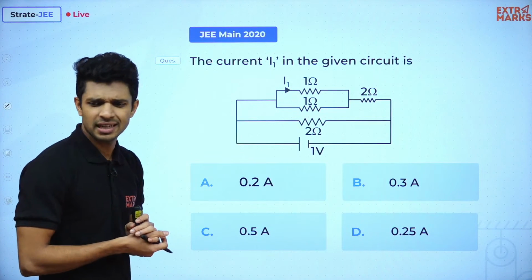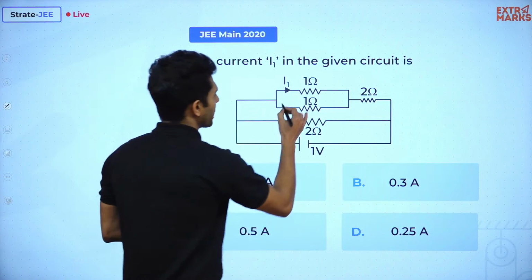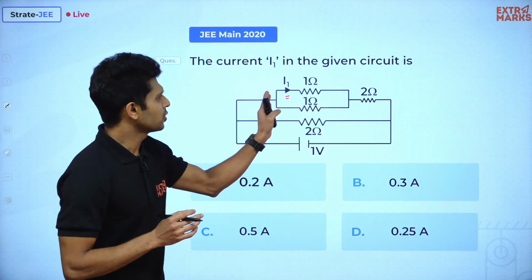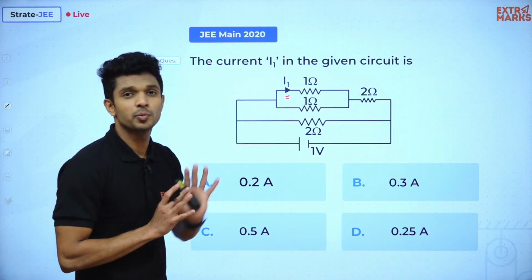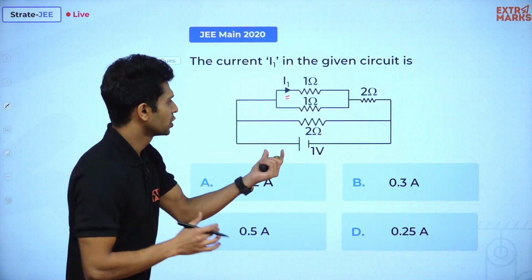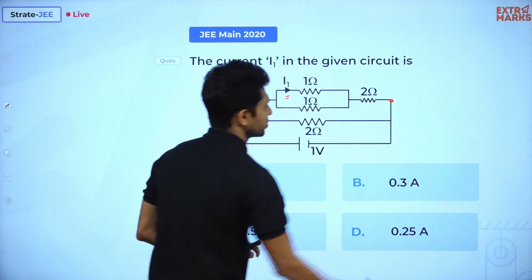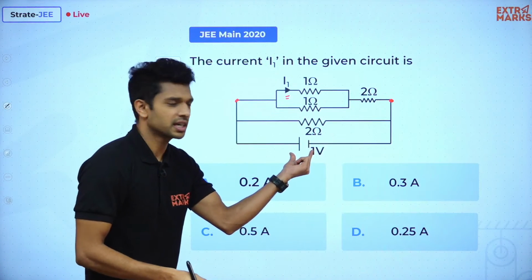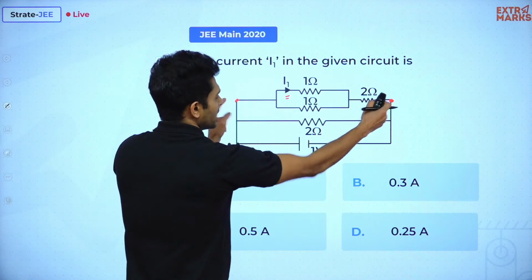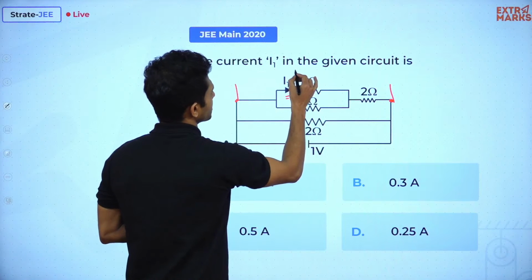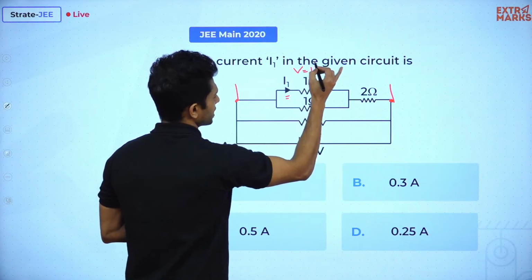Have you all marked where this I1 is? Mark किया ना? इधर है I1. So it is this particular current we have to find out. Now we don't know what is the potential difference across this 1 ohm resistor, right? Directly we don't know. But we know across this particular point, I'm going to mark this point. Tell me what the potential difference. It's 1 volt, right? Because between these points, if you check, it's 1 volt. Between these points, if you mark, the potential difference is V is equal to 1 volt, right?